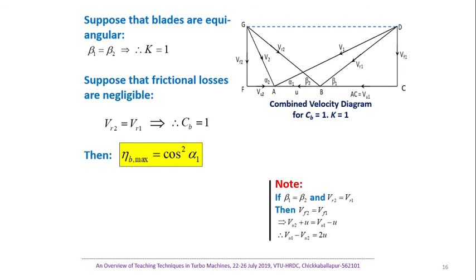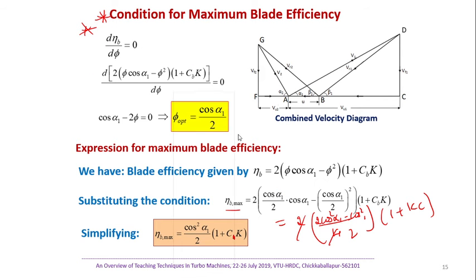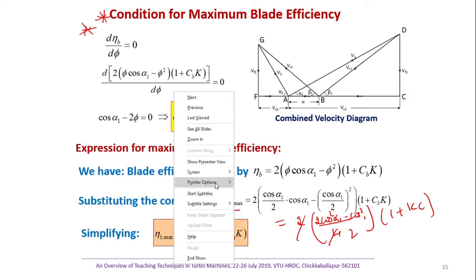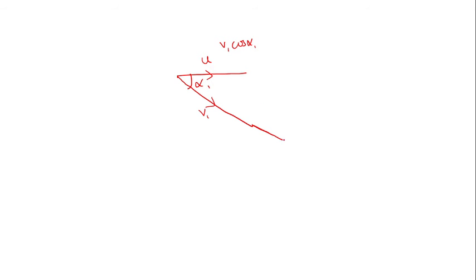so I can go for the numericals. Before the numericals, I want you to understand how to draw this velocity triangle. Okay, white screen. So let's start. I told you, always start with U. I will do this upside down. Let us say this is your blade velocity. Now from this point, take an alpha 1 with a protractor, and the value is V1. Now once you get V1, you have to split V1 into V1 cos alpha 1 and V1 sin alpha 1. So this becomes your V1 cos alpha 1. I will just draw this one.